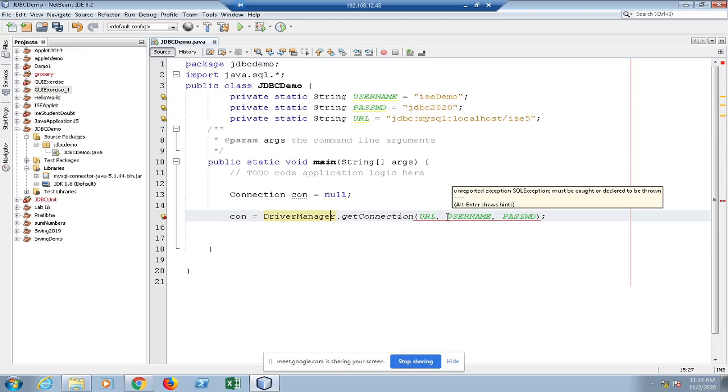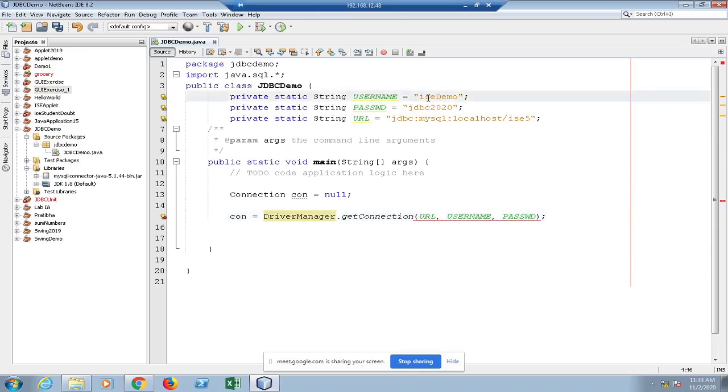See, in this case, it doesn't say exception has occurred. There is a possibility. What if I type wrong username? Instead of ISE, if I type ISC, it will lead to exception because there is no user account with this name. What kind of exceptions must be caught or declared to be thrown in advance? Checked exception.